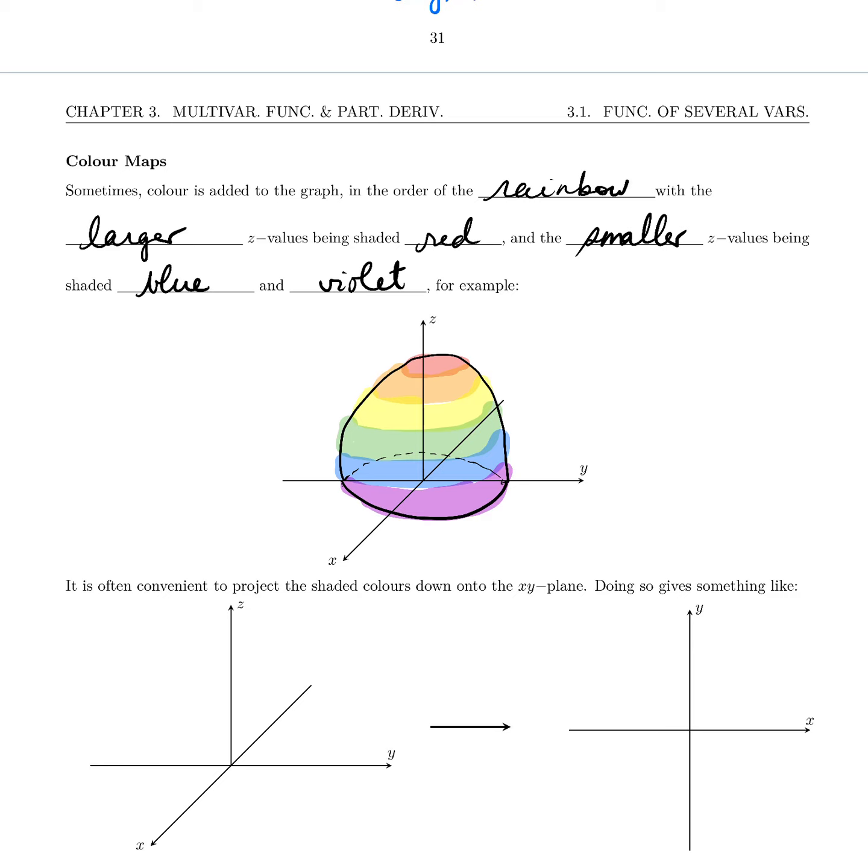Now this is a three-dimensional graph, and very often you'll see a three-dimensional function graph represented in a two-dimensional way, and that is with these colors projected down onto the xy plane. So the idea is all of these rings that are on the function surface get projected down into the xy plane. So if we do that here,